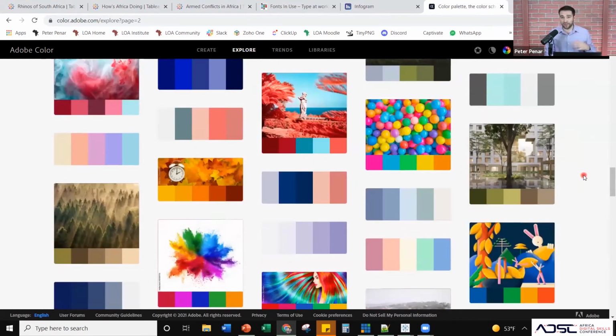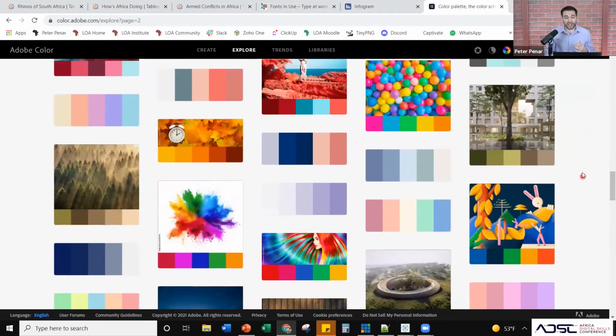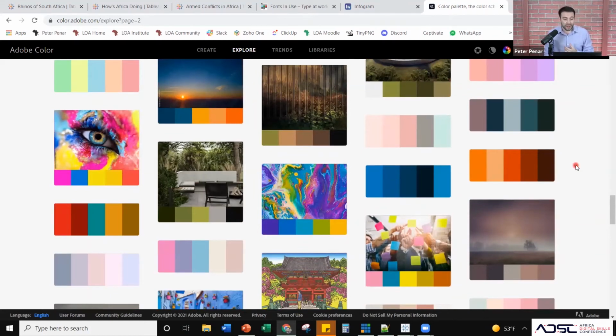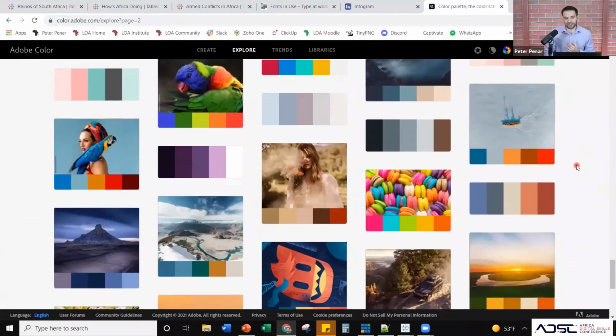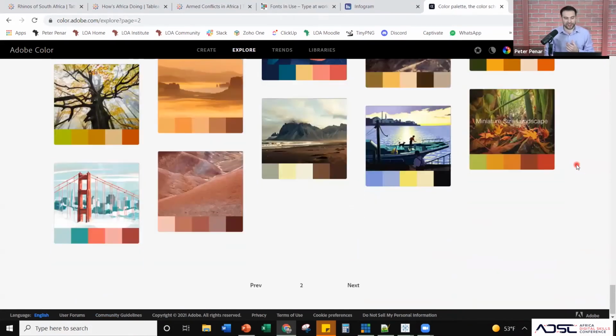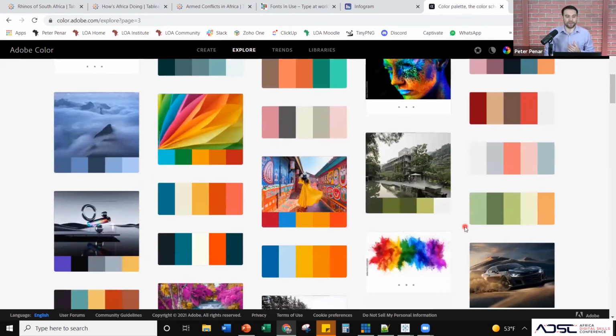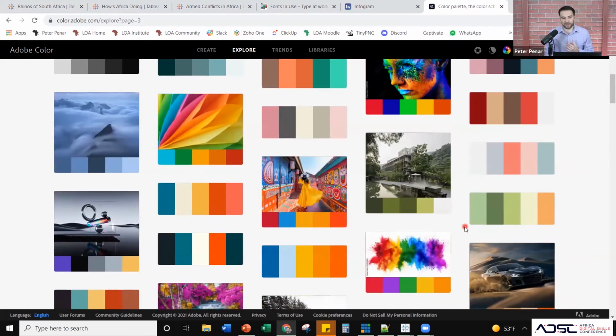And again, I'm taking you through the thought process. I want you to kind of see how we work. We don't immediately jump to something. In fact, we may spend half the day looking at colors, but we're not going to do that here. So let's go through. We see a number of different inspirations here. We're looking for a little bit of red features here that are there. We also want to have some sort of building blocks here. So let's take a look at this one right here. I like this. This is blue, red, blue, orange, yellow. So it's got a lot of the colors there. And so what I want to do is I want to download this